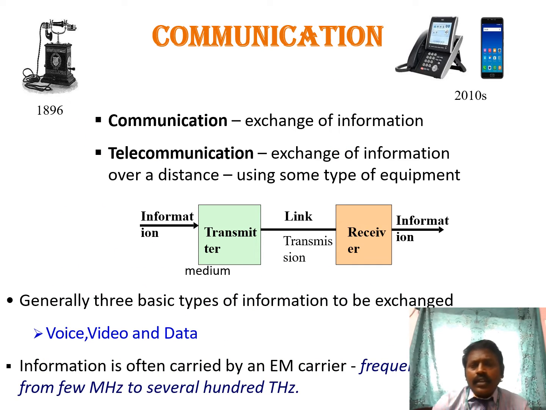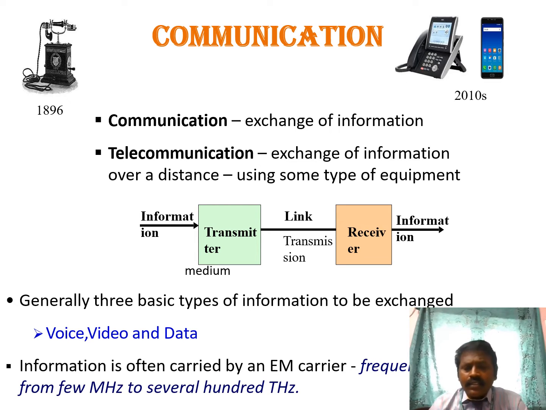Then we are going to talk about what communication is and what the difference is between normal communication and optical fiber communication. As we all know, communication is a form of information exchange between the sender and receiver, or between two nodes or two persons. That is called communication. When you go for telecommunication, it is the exchange of information over a longer distance based on the type of equipment. The simple diagram shows that information is sent to the receiving end by a transmitter on the transmitter side, and in between the transmitter and receiver there is a link called the transmission medium.